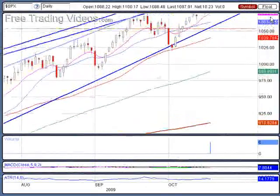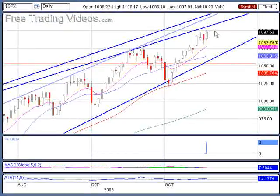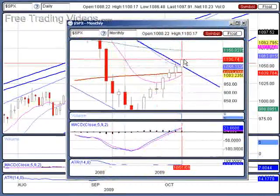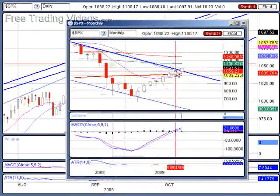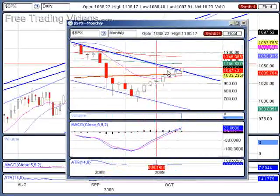Now let me show you that line here on the chart. It's a red line right there. That means that by the time October 31st hits, I believe that's a Saturday, so by the time October 30th hits, we need to be at or below 1055. If that happens, that will be a very bearish signal for the markets. If we can stay above that by that time, that will be a bullish move because the monthly will have busted through. Although extended, that will sustain some significant damage to this downtrend